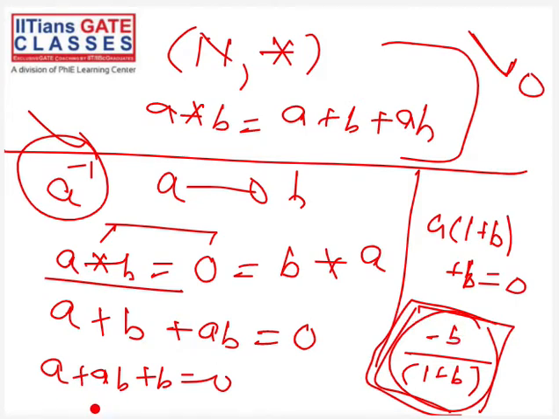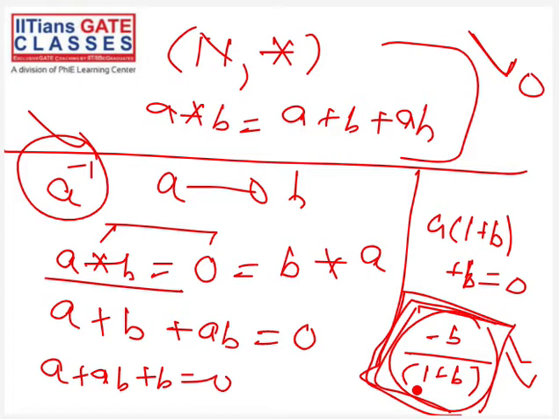You can also check it out, like if your A is this, then what you can do to make it 0. So if you take A and B equal to 0, then it will be, yeah, right. So you can see there is no inverse because you need this kind of element in your set. Of course, if your base set was real numbers, then you would have said that okay, this is your